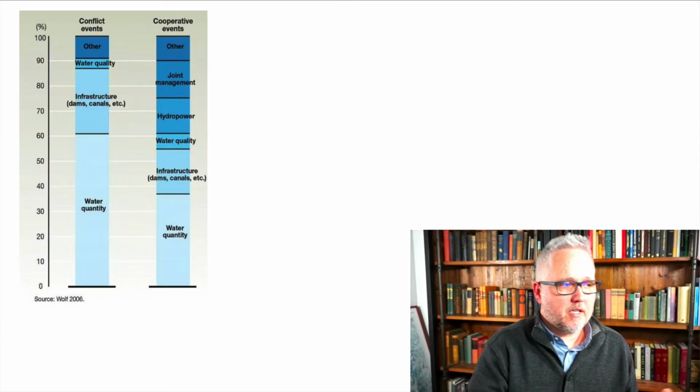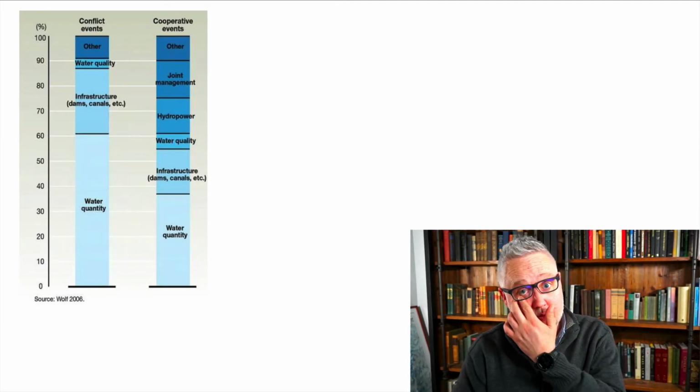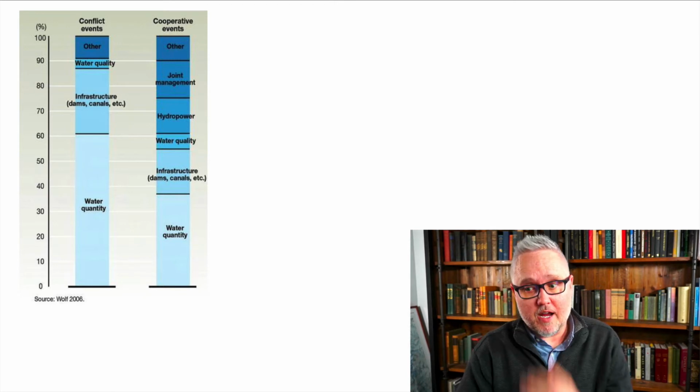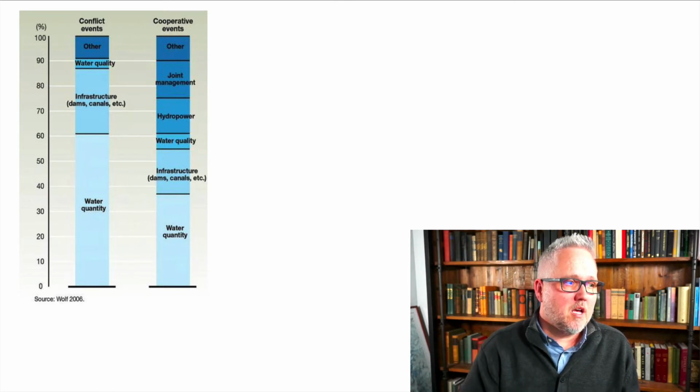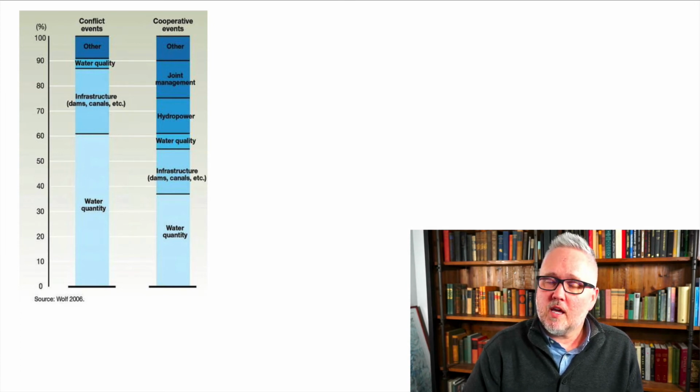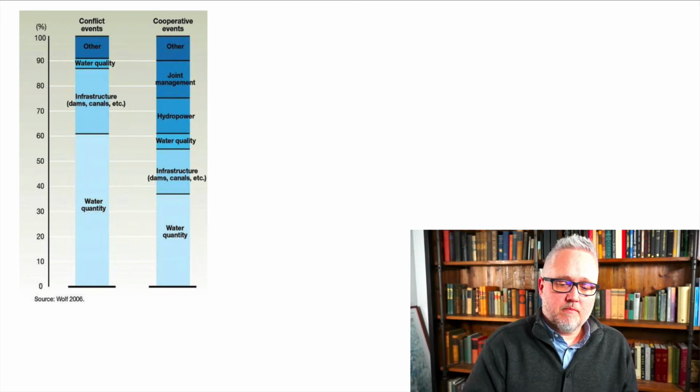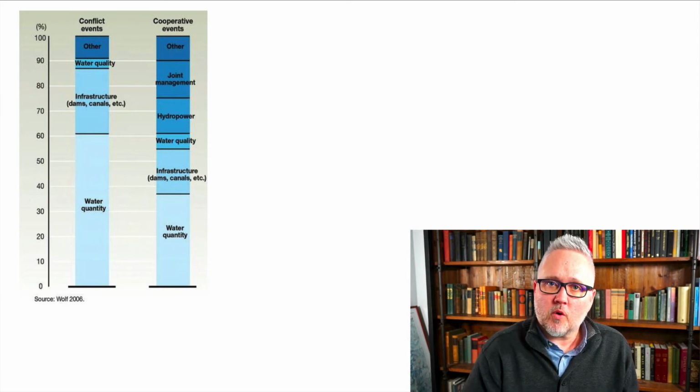And so you see the distribution of the types of conflict and cooperative areas for agreement, and you see quantity is what matters with a lot of these water disputes and agreements. In the Water Week, we saw in Central Asia, the source of agreement was not just about quantity, but when it was actually released. But I think that would, in this classification, go into water quantity, right?